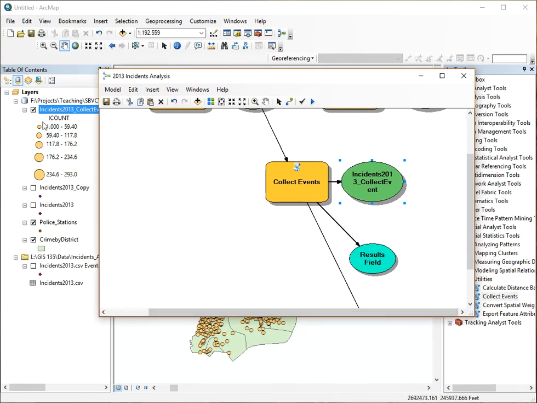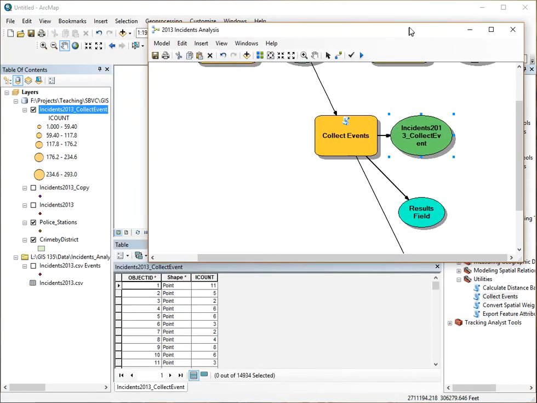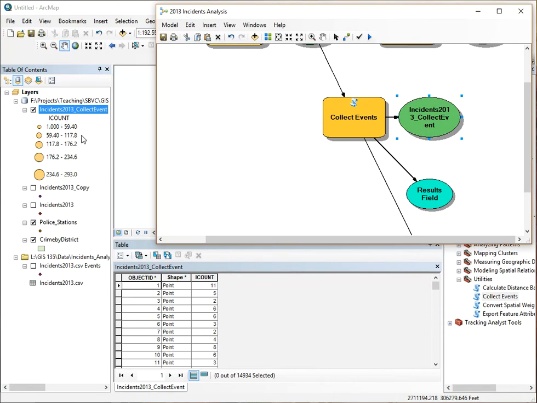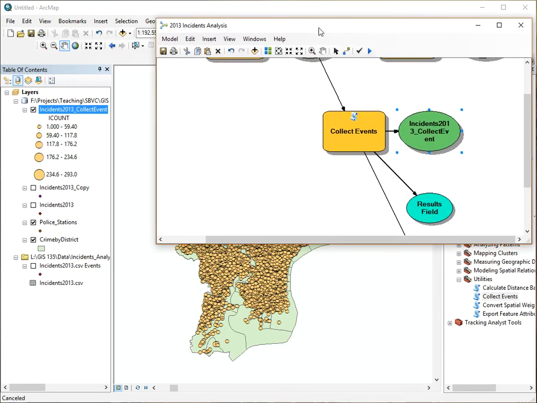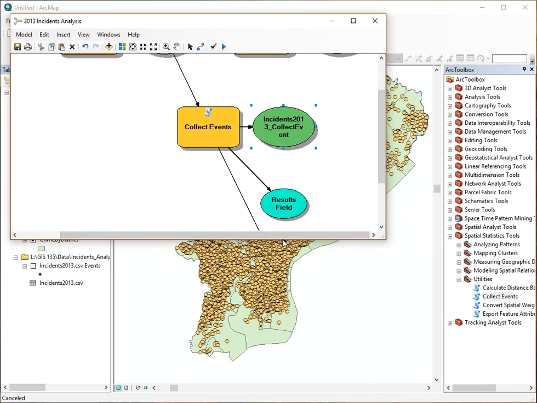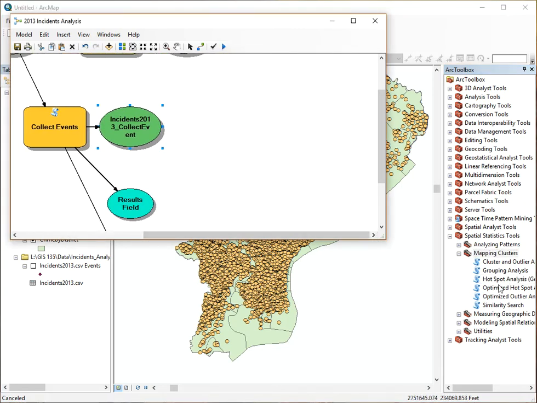So now, if you take a look at the attribute table for the collect event, it creates a field called I count, and the I count tells you the number of points that were snapped together. Okay, so now that we have that I count field, we can actually run the hotspot analysis. So here we are going to go into mapping clusters, still under spatial statistics. We are going to go to mapping clusters, and then you can see we have the hotspot. So we are going to drag the hotspot